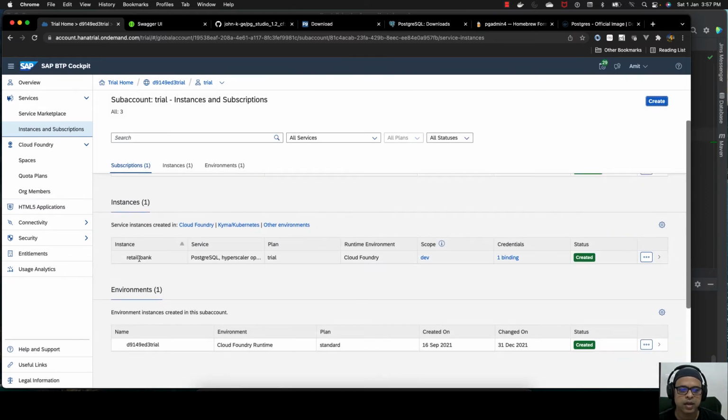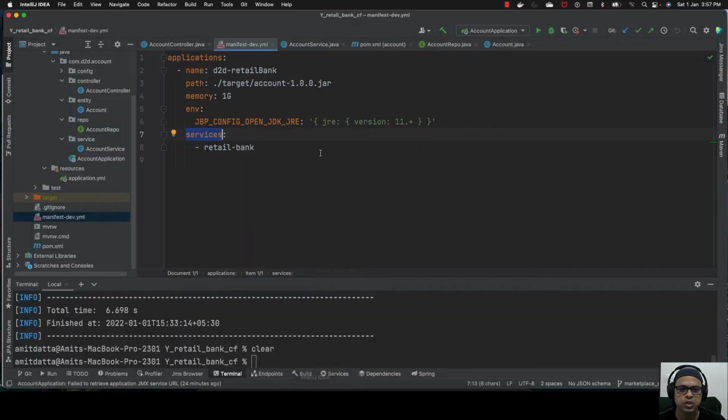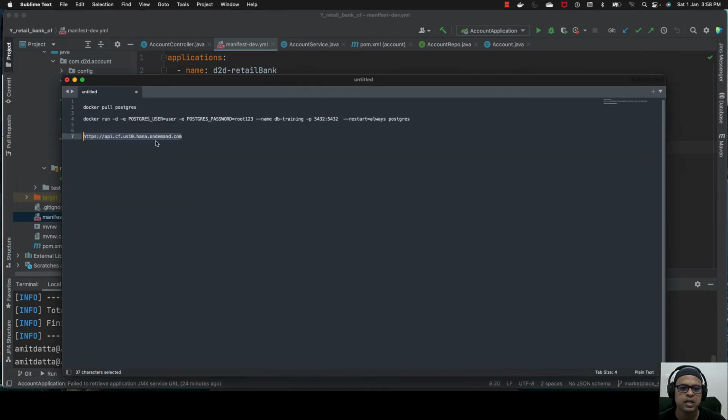It's the retail bank, so same service. The service which I bind with my application retail bank, the same service I shall bind here also, where it is manifested. So what I did